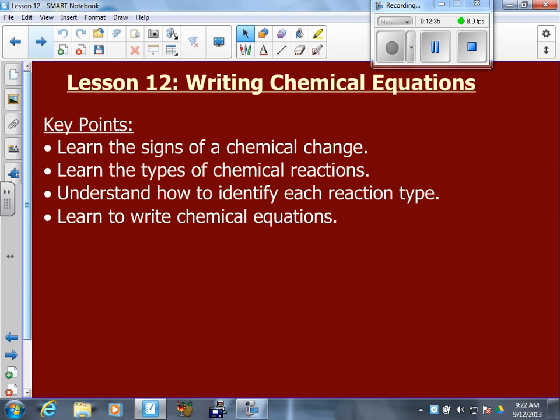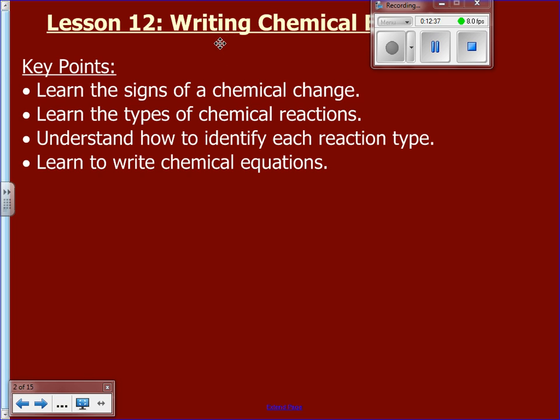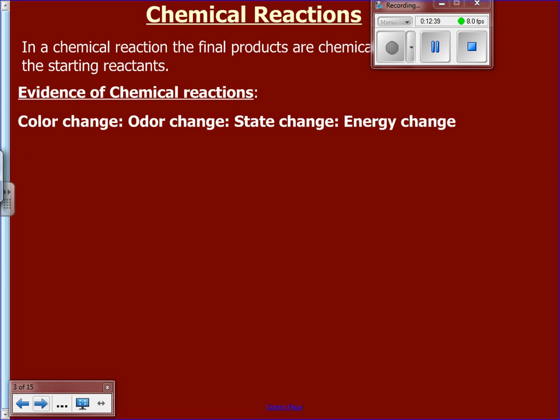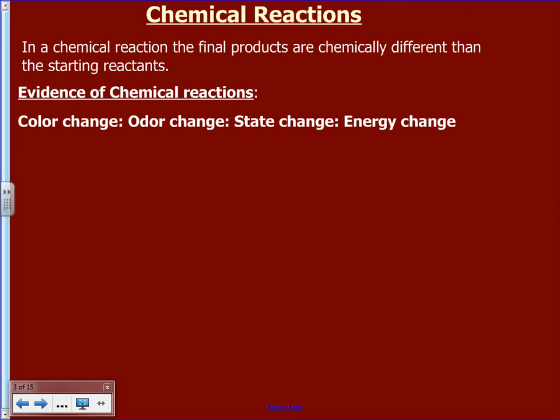All right, so moving right along here. A chemical change or chemical reaction has occurred if our final products are chemically different from our starting reactants. Terminology for you: products are the things that are produced in a chemical reaction. Reactants are the things you start with. So in a typical chemical reaction, you start out with, let's say,